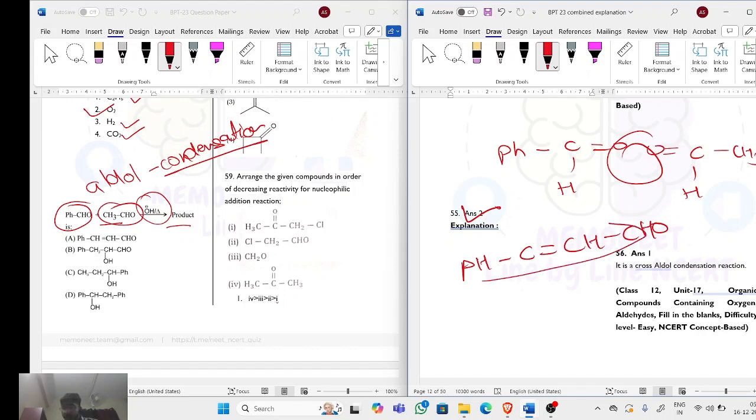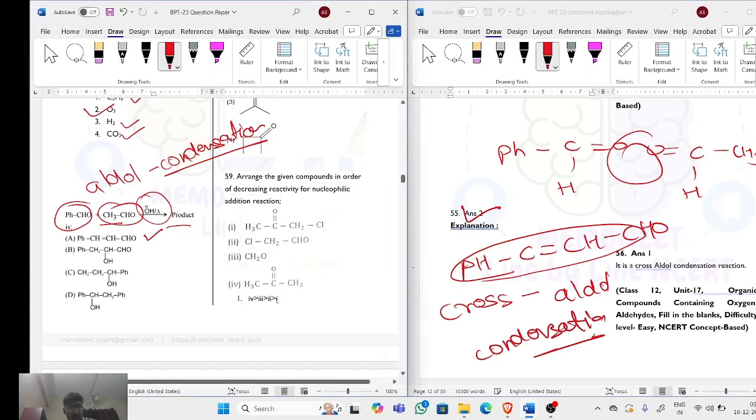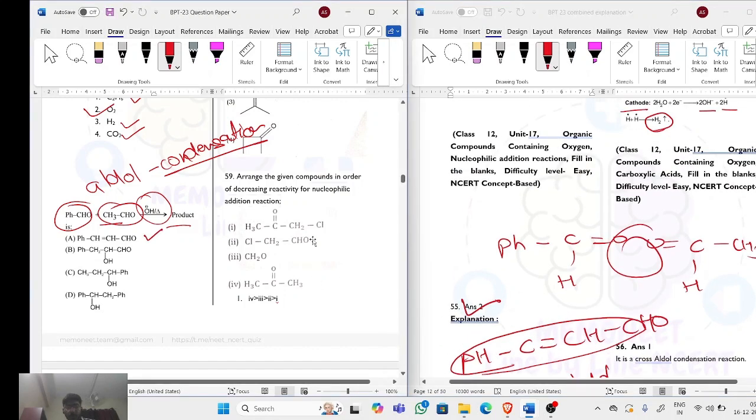So this will be the major product, and the product is formed by the cross aldol condensation reaction, because two products are there. That's why the reaction will be cross aldol condensation reaction. So the correct answer will be option number A. Okay. So the next question is